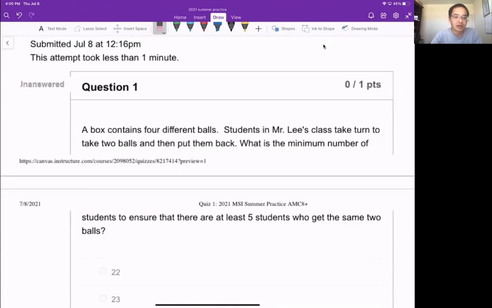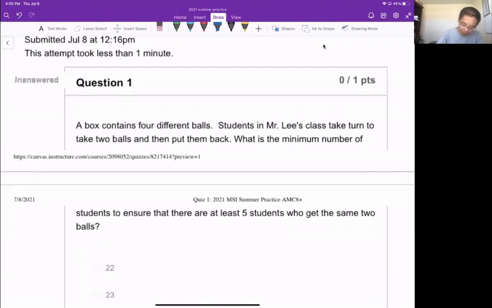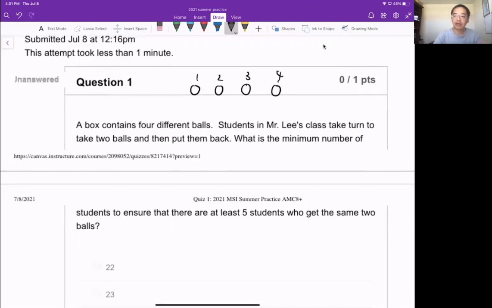Let's look at question number 1. The problem says a box contains 4 different balls. Let's say 1, 2, 3, 4. Students in Mr. Lee's class take a turn to take 2 balls and then put them back. What is the minimum number of students to ensure that there are at least 5 students who get the same 2 balls? First of all, if we want to choose 2 balls out of 4 balls, the number of different